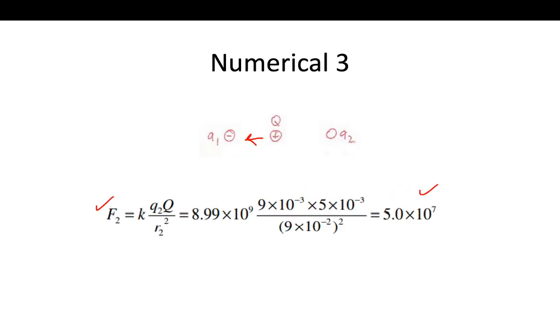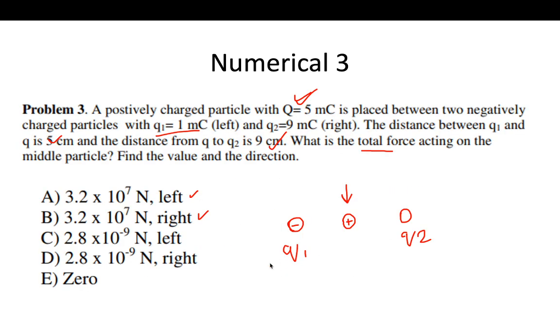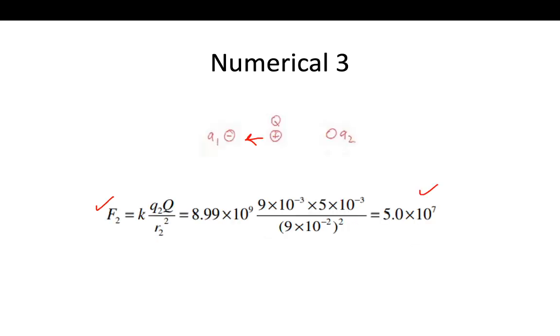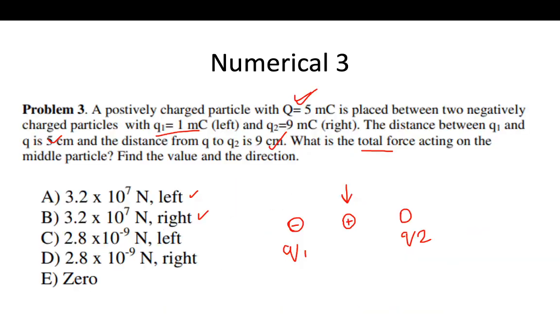In future you will always be given multiple choice answers, and for that you have to do the calculation in your rough work and find the possible answer. Even if you make some mistakes in finding F1 or F2 and your answer is not listed in these A to E, this means you did the problem wrong. Otherwise, if you did all the calculation correctly, one of the answers will be there.